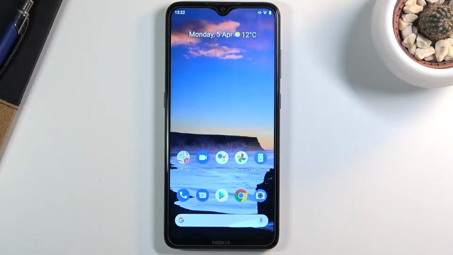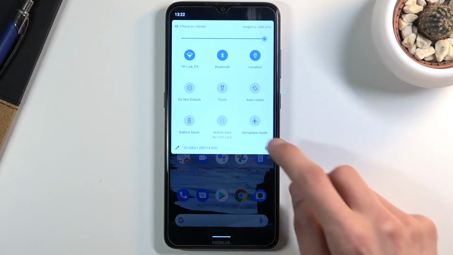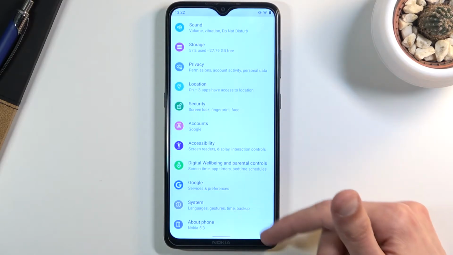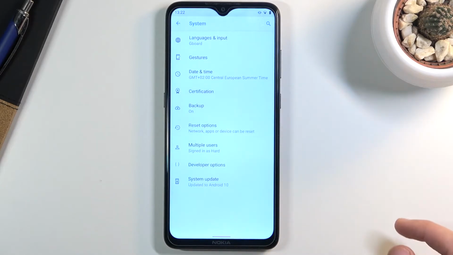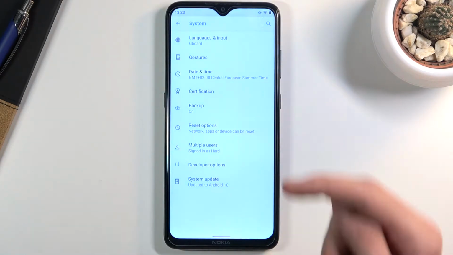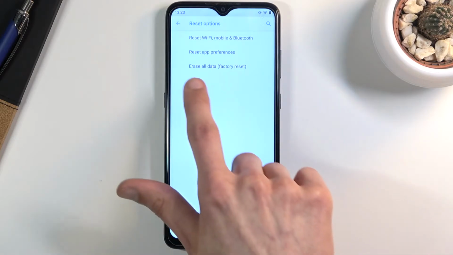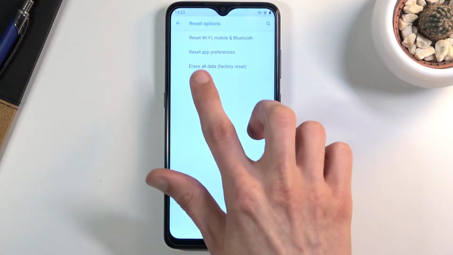Welcome, in front of me is a NOKIA 5.3 and today I'll show you how to hard reset the device through settings. To get started, let's go down to the settings, scroll all the way down to system, tap on advanced and choose reset options, where you will find the factory reset option, so erase all data, factory